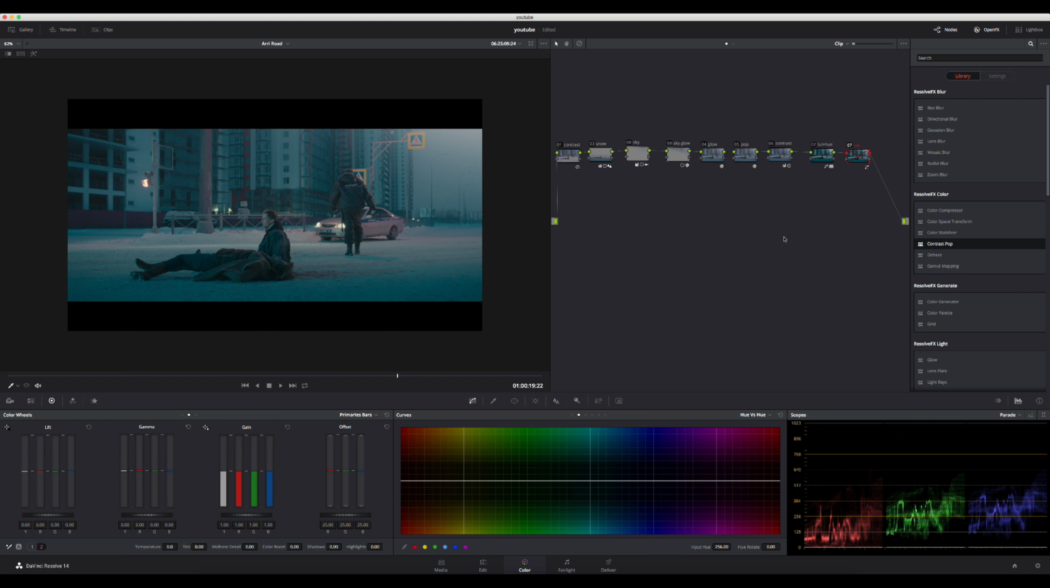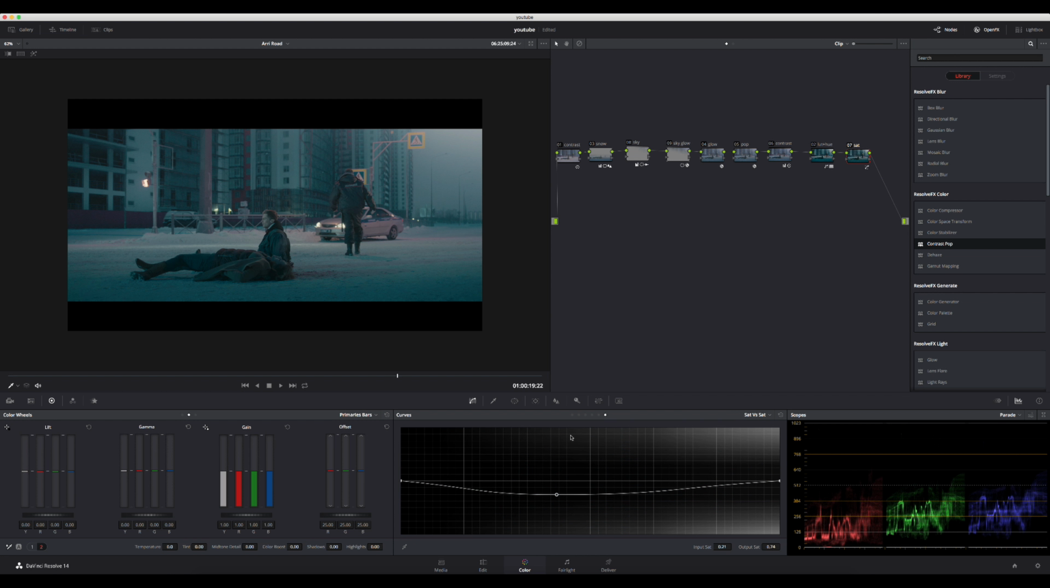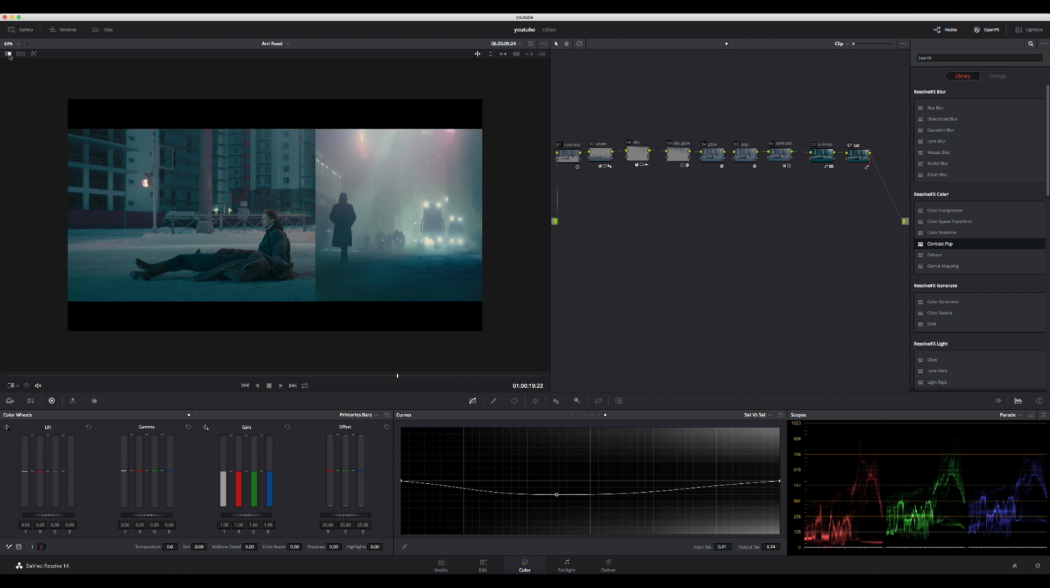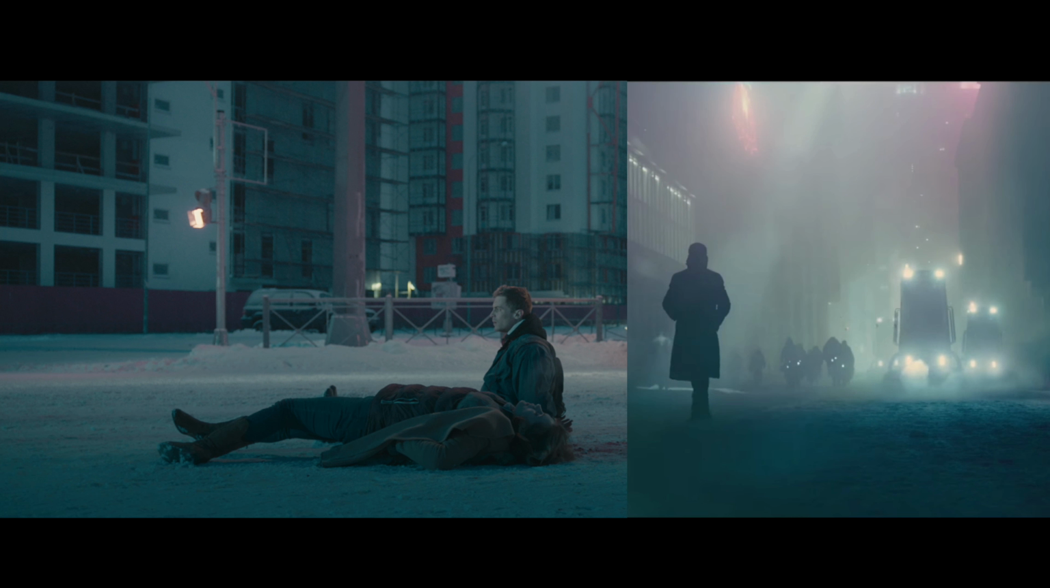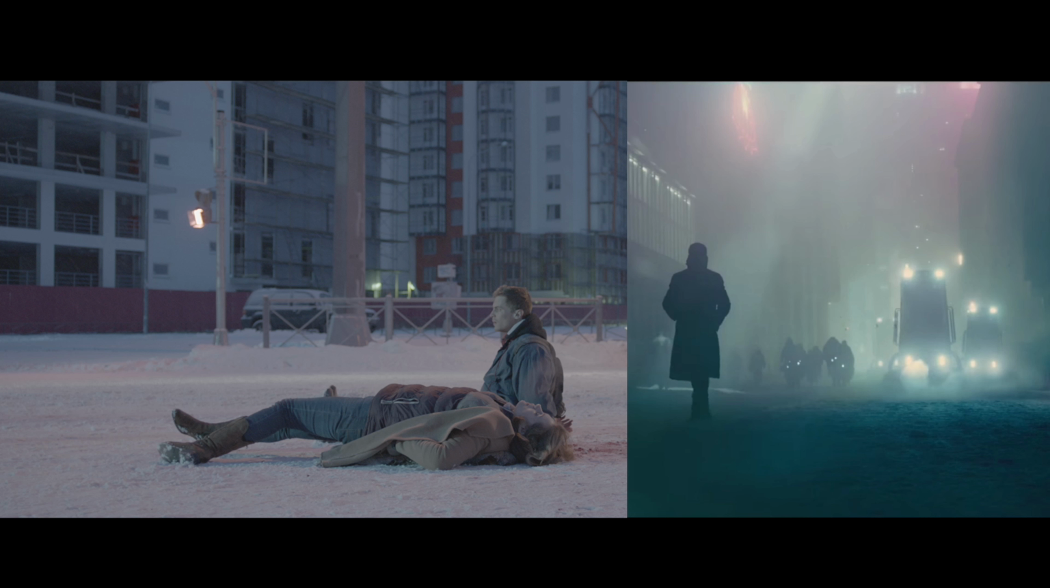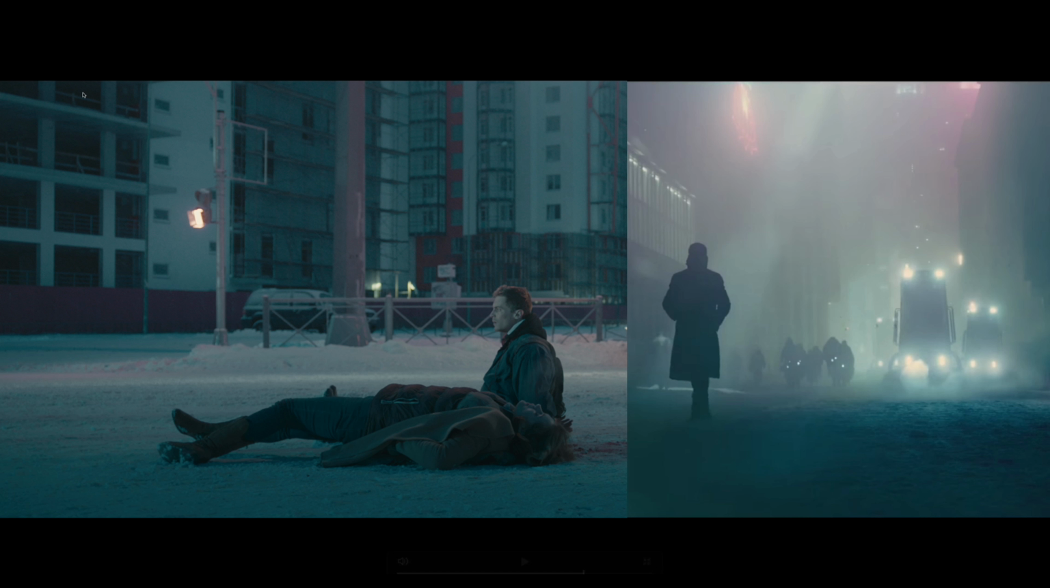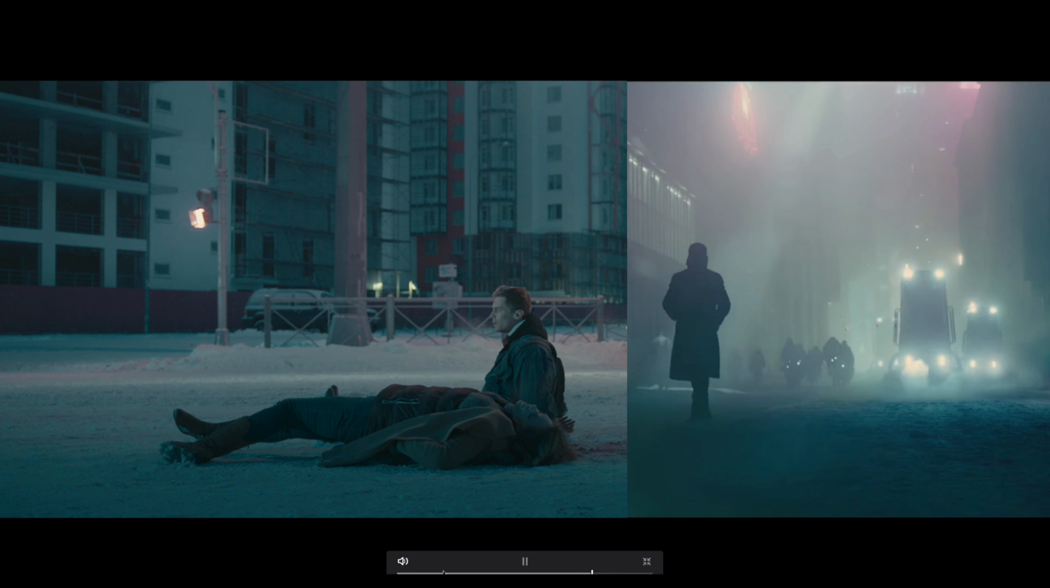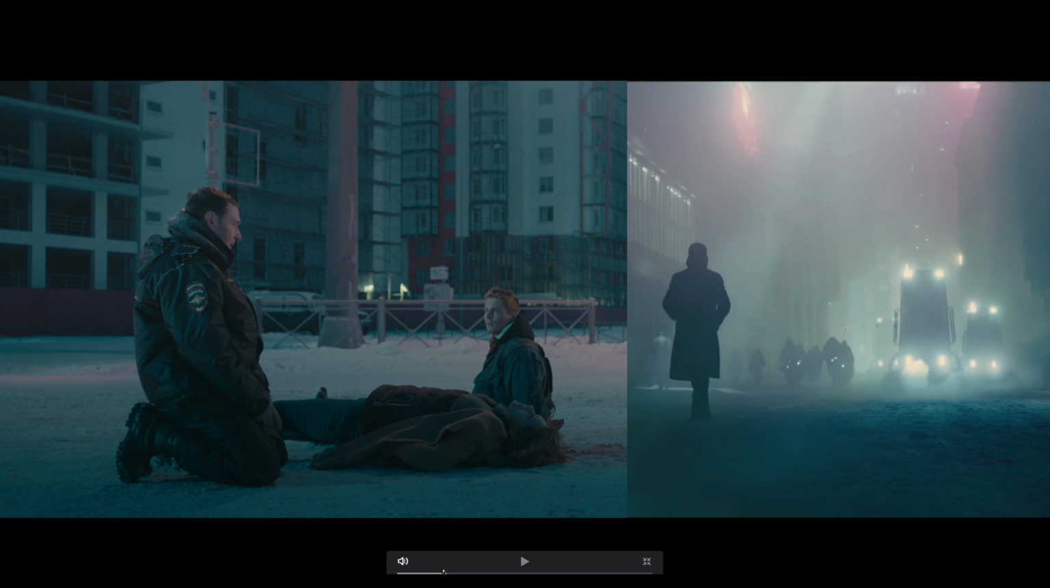And then in the last node I desaturated everything in the middle. And after that we can compare the shots once again. So this is the before and this is after, and we can play it and we see that it's matching, not 100%, because